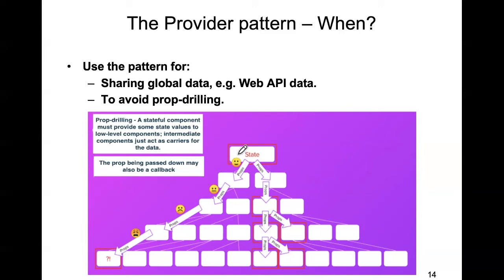So how does this provide that data to those other components? Well, if we only had props available to us, then this component has to pass props down to this one, to this one, to this one, and eventually get it to this one. And the same over here. But these intermediate components don't really use the data at all in this particular use case. So we're passing props through the hierarchy just for the purpose of this component down here at the end and